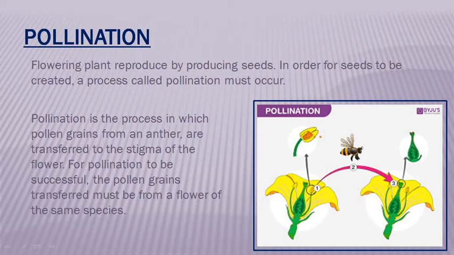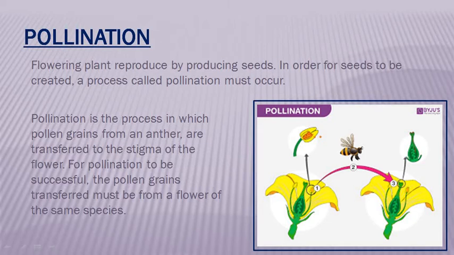First, in this chapter, you read that the flower is the reproductive part of the plant, and you know that plants reproduce by seeds. So pollination is the process by which a flower converts into fruit and produces the seed. So what is pollination? Pollination is the process in which pollen grains from an anther are transferred to the stigma